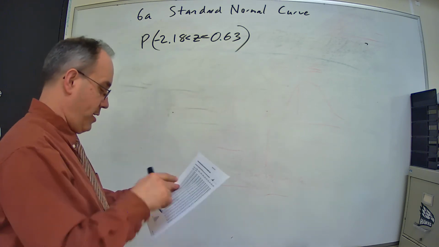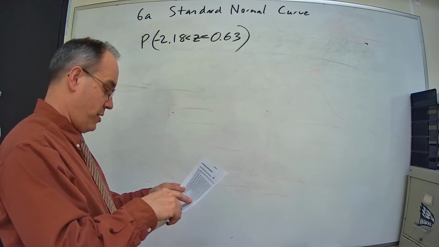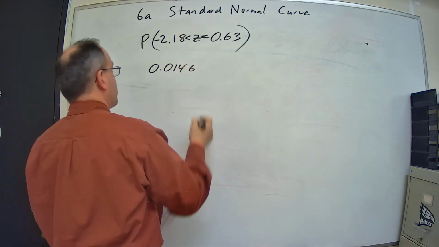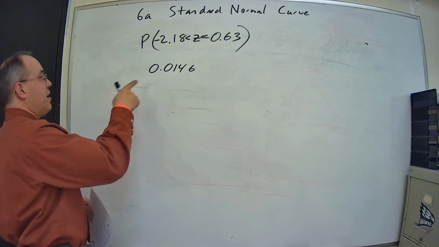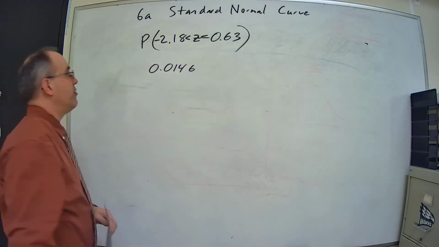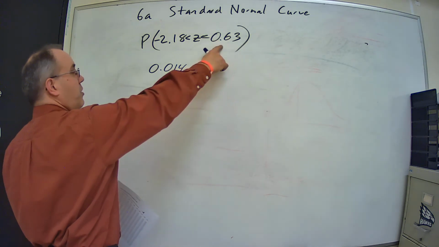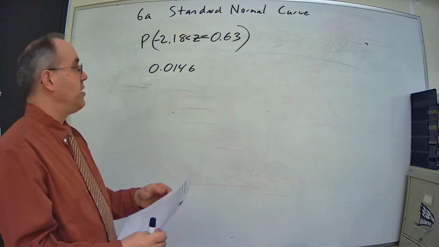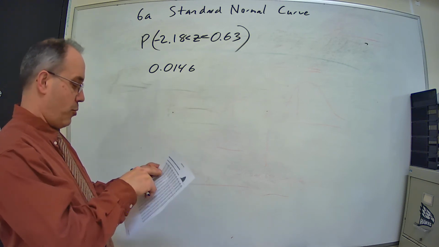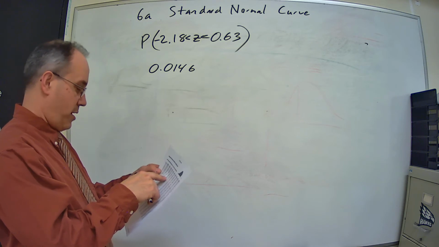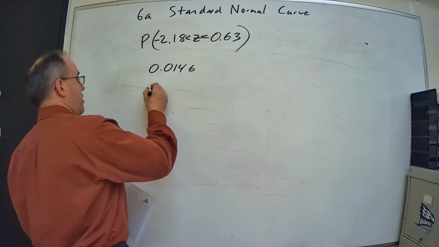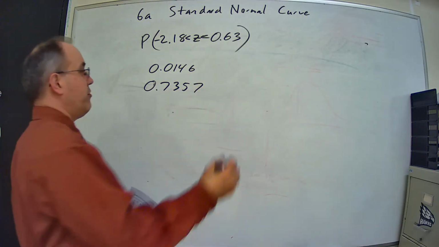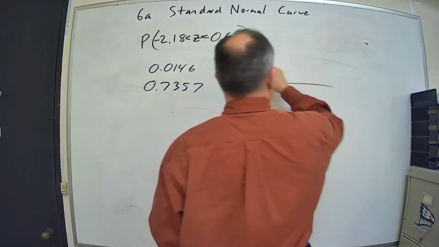Negative 2.18 gives me 0.0146. That's with z equal to negative 2.18. I'm also going to look up 0.63, so that's on the positive side. So 0.6, go down to 0.6 over to 0.03, gives me 0.7357. So now what I have is this, and it's not a bad idea to draw it